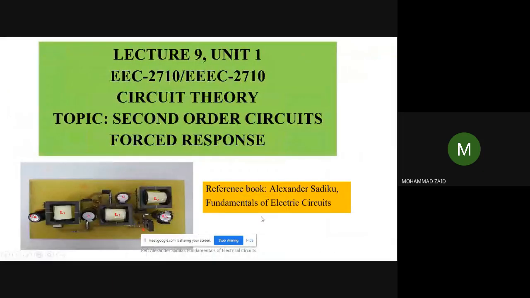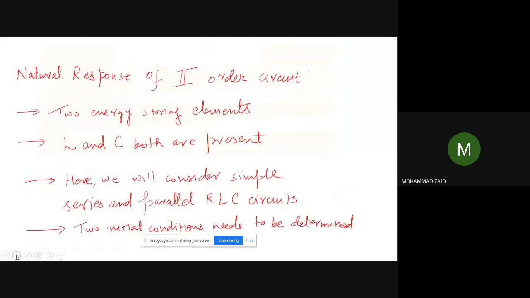Okay, so as you can see, this picture here also is a more than second order circuit, because we have three inductors and almost 3 and 4 capacitors. So we will be considering a circuit in which we will have an inductor and a capacitor only. That means the order of the differential equation that we will write will be a second order. So actually the first order circuits are not practically very useful.